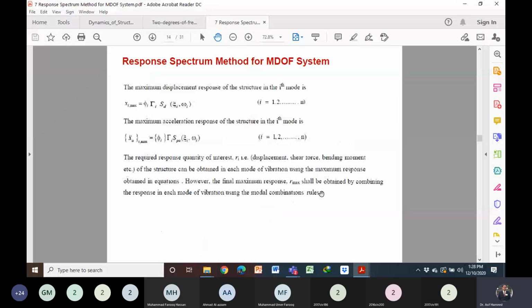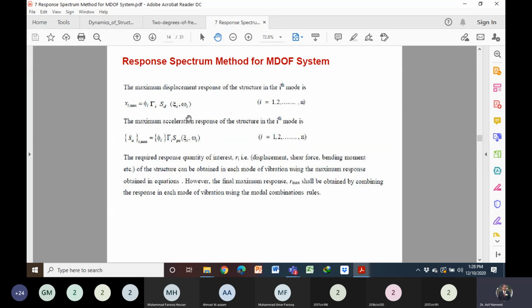Okay, then you can find out the maximum displacement response in any mode, in the ith mode. Similarly, we can find out the maximum acceleration response in any mode, that is the ith mode. Look at here, maximum displacement for the single degree of freedom system. What was the formula? The formula was very simple. You can see the value of the modal displacement from the response spectrum. That's what we did, right? Simply see the value of the maximum displacement of the mass from the response spectrum. Again, you have to do the same because we have the n single degree of freedom equations.